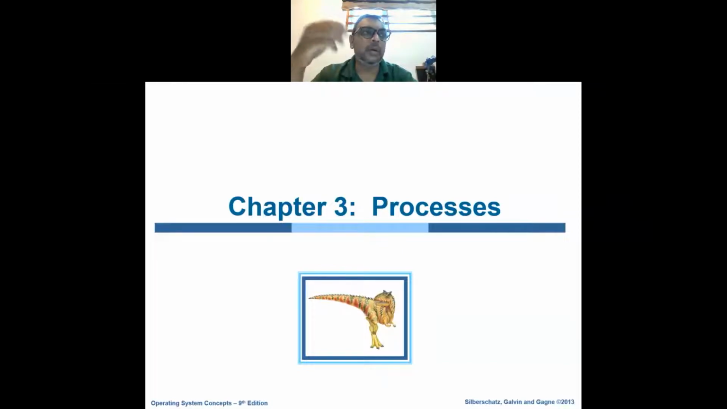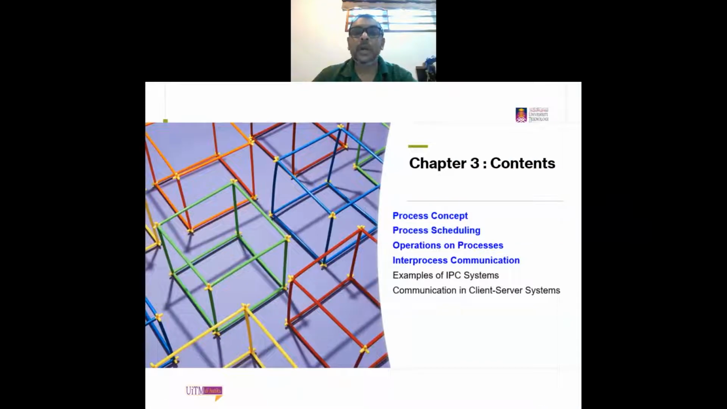Okay, and then we are also going to see examples of the process. That is very important as well. Once you get an example of the process, then you will understand how a process looks like and so on and so forth. So here's the table of contents for today. Today we are going to understand process concept,